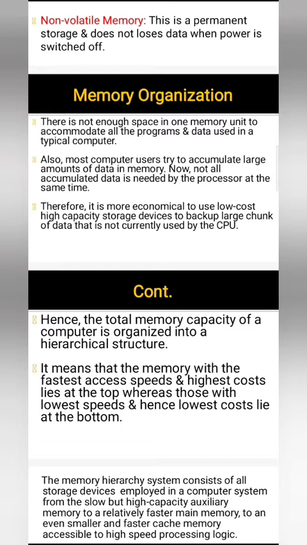So basically, this hierarchical structure denotes that the memory have different sizes, and so they have designed a hierarchical structure of your entire memory. It means that the memory with the fastest access speeds and highest cost will lie at the top, whereas those with lowest speeds and hence lowest cost will lie at the bottom. So in my upcoming slides, you will get an idea how this hierarchical structure is organized